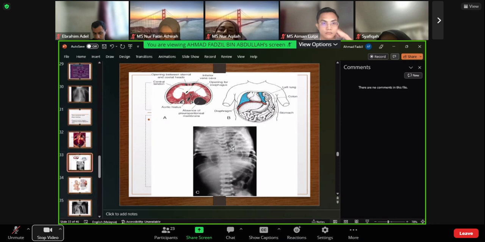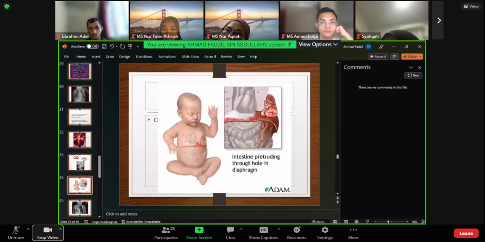It can tell you that there are organs of the abdomen inside the left side of the thoracic cavity, and it is mainly because of a deformity, the diaphragm not being completely developed. There is a hole here, resulting in abdominal organs being pushed into the thoracic cavity. Here, that's more of a diagram. This is a very rare one. Sometimes the child will come at the age of 6, 7 years old with symptoms of strangulation. We have had cases where big children, 7, 8 years old, only come then.